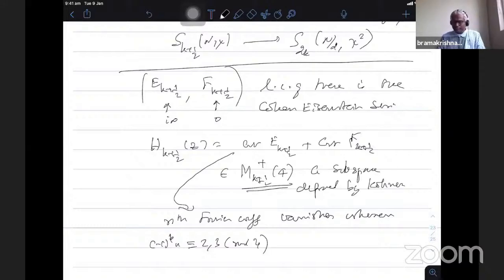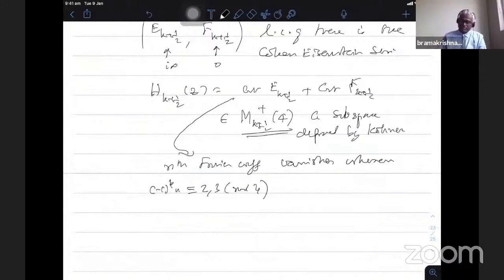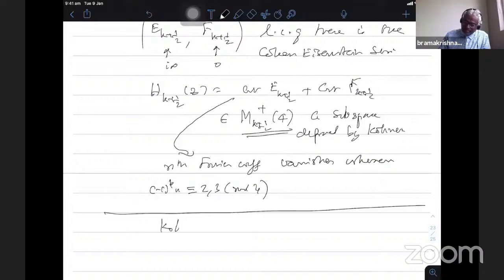Later, Cohen defined a subspace denoted by M_{k+1/2}^+(4) having the same property: take any modular form of level 4 in Gamma_0(4) and assume that the nth coefficient vanishes whenever (-1)^k n is 2 or 3 mod 4. Then he showed that it is a subspace, and then he characterized it in terms of a certain operator. So that's what we will do today. Most of today's talk will be based on Cohen's paper, though many more general results are known; I'm just using the basic thing for Gamma_0(4). Those who want more details can take his first paper on this, 1980, to study.